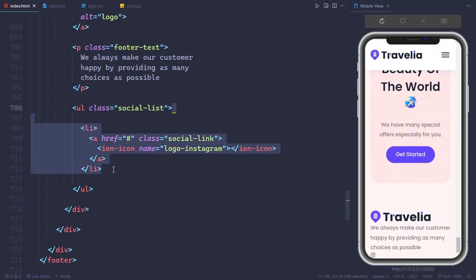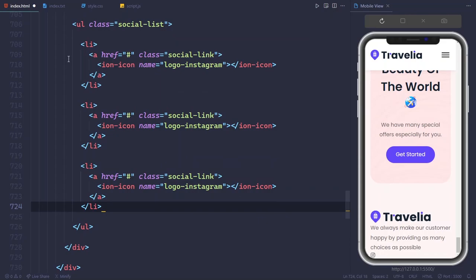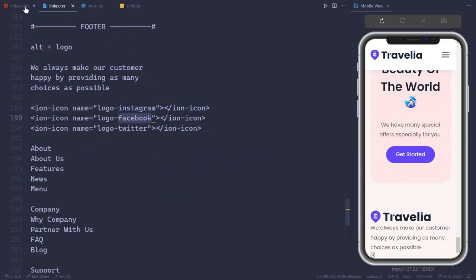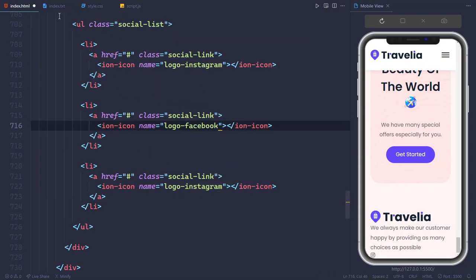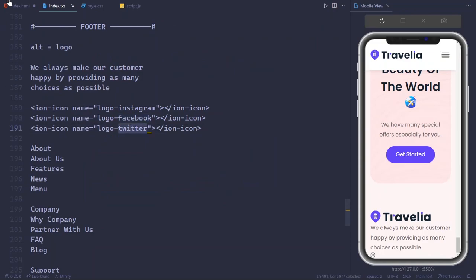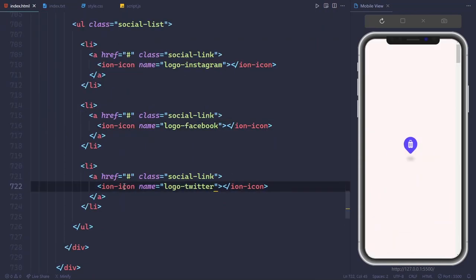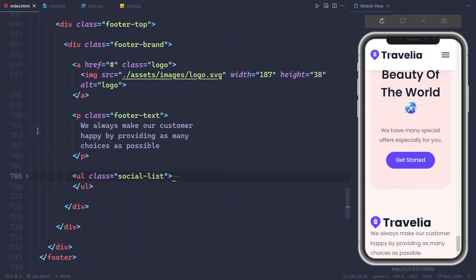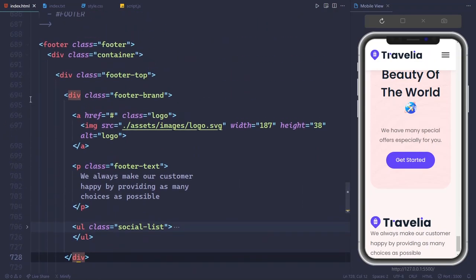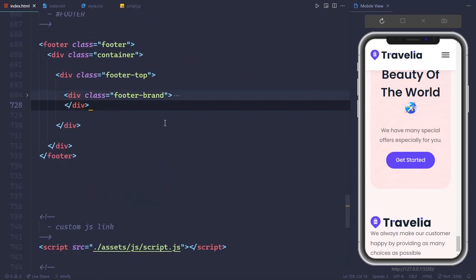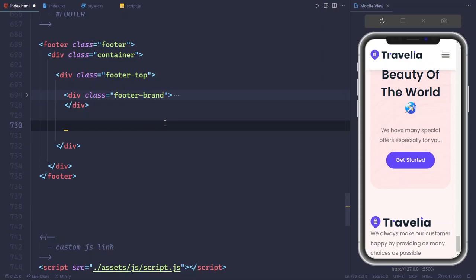Alright, and copy this a few times. Facebook and the Twitter. So collapse the footer brand, and here will be ul.footer-list,